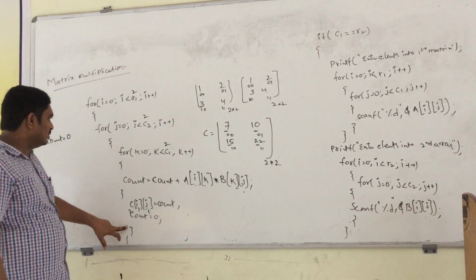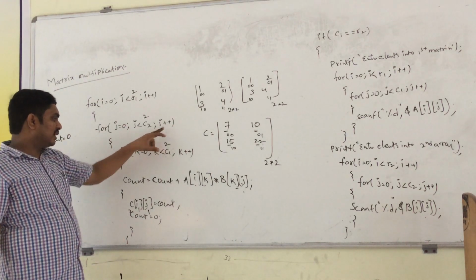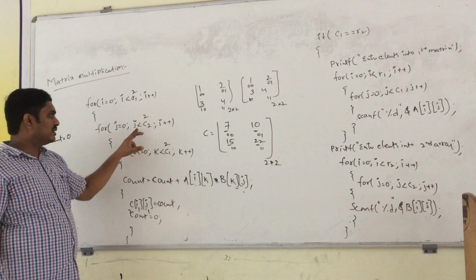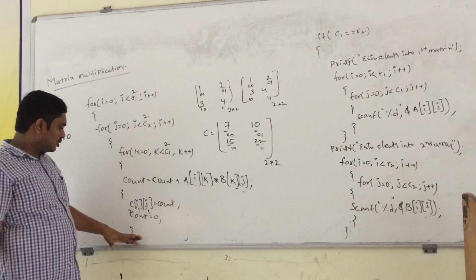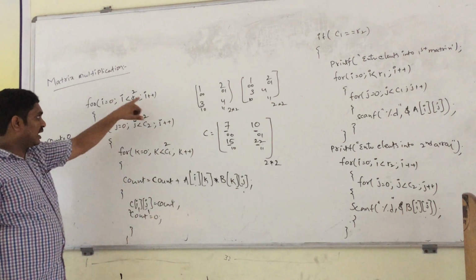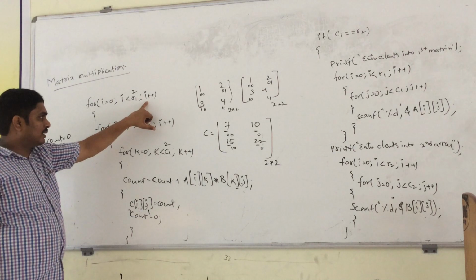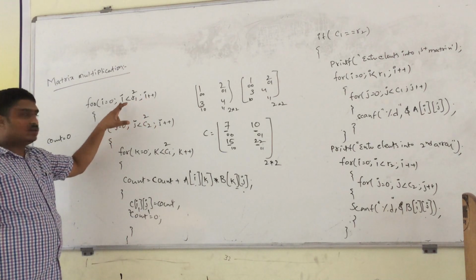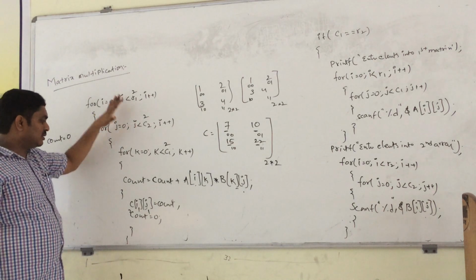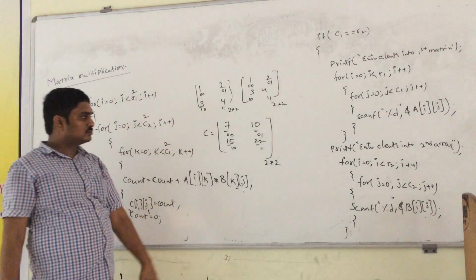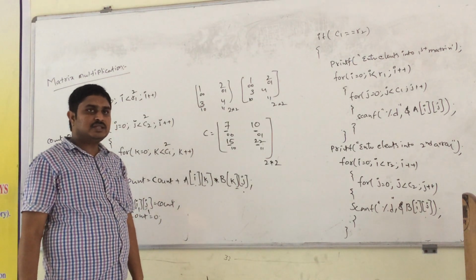This is the end of the jth for loop. Already j is 1. After the incrementation, the j will become 2. 2 less than 2, condition false. So these total steps are terminated. This is the end of the ith for loop. Already i value 1. After the incrementation of i, it will become 2. So 2 less than 2, false. The total is terminated. This is the matrix multiplication logic.